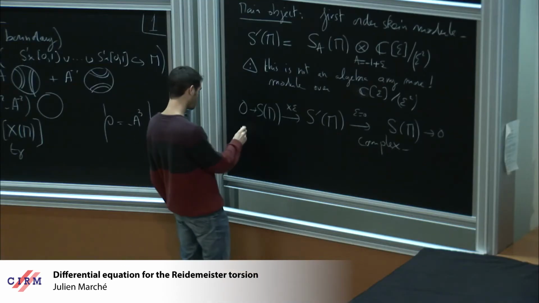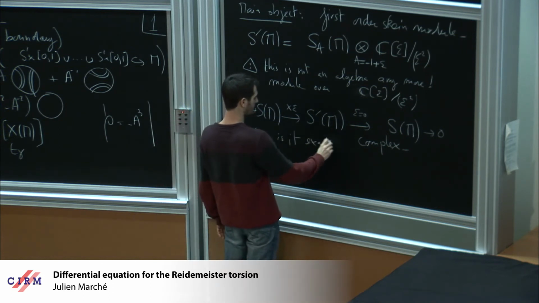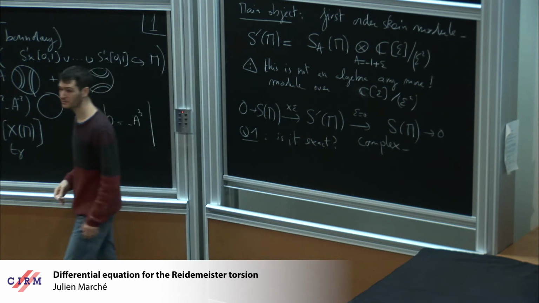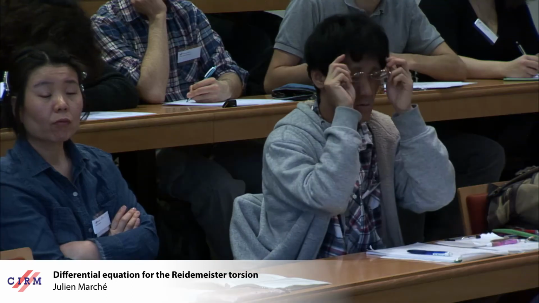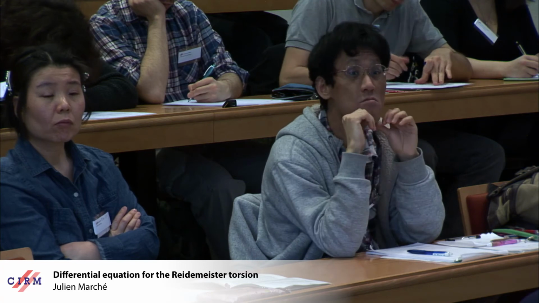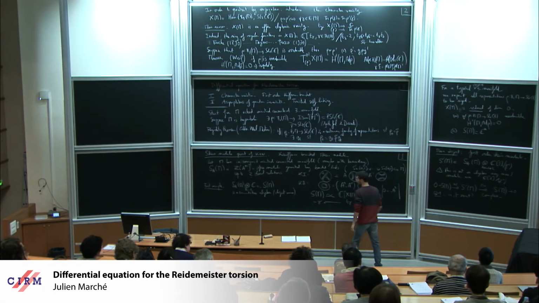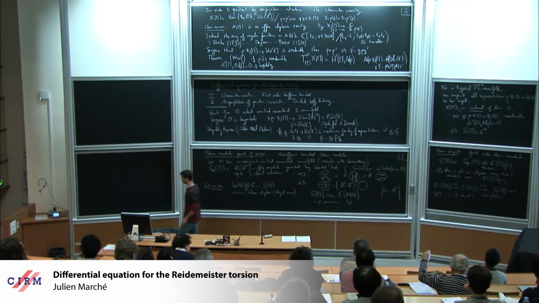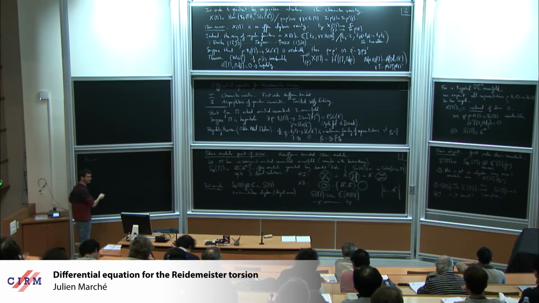First question: for any manifold, I have no examples where it's not exact. It's easy to prove that it's surjective, but that's all I'm able to prove. I will show you why I care about that. There is an important example where I can prove it's exact, and I can prove more.